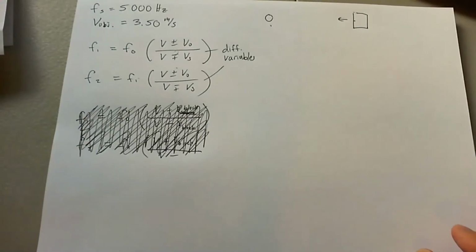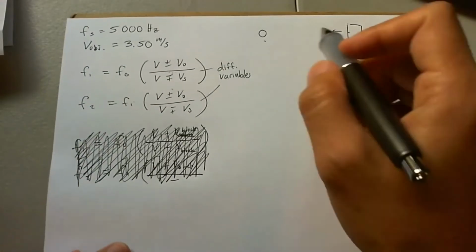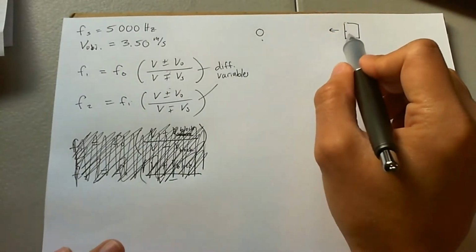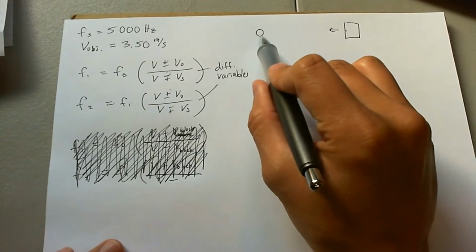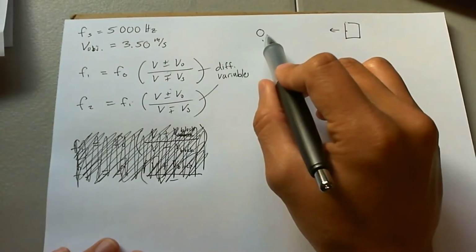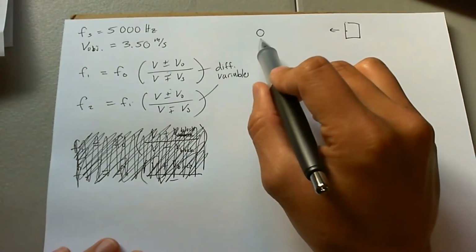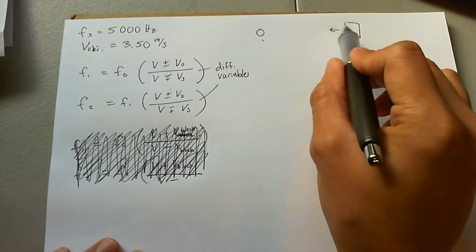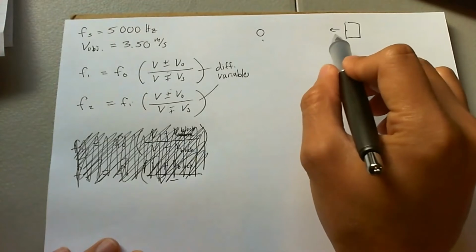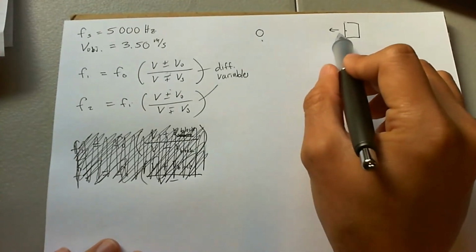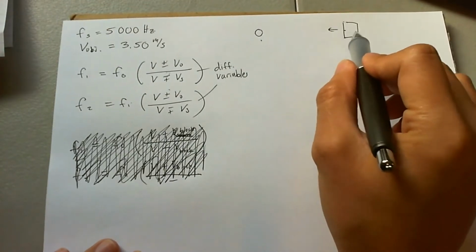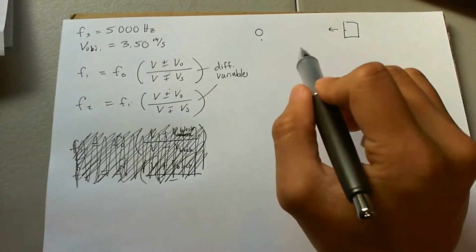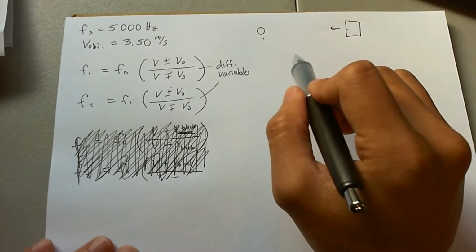Now, in this problem, it's a little bit complicated because we have a source that's emitting a sound. It's bouncing off of a moving block and coming back towards the original emitter, which is also a detector. So it's kind of seeing how the sound transforms in frequency as it bounces off of a moving block. Whenever you get a reflection problem for a Doppler effect, you're going to essentially have to use the Doppler